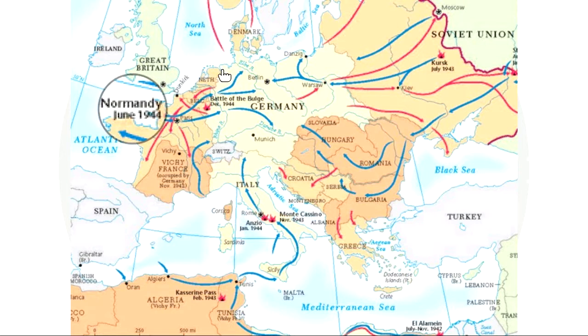Britain bought time not only with their victory in the Battle of Britain, which was the first real defeat for Germany, but also with their victory at El Alamein in Egypt, keeping Germany out of the Suez area. The United States, of course, provided a lot of money with its massive industrial output, the arsenal of democracy, which I argue was really the determining factor in the Allies' victory in World War II.